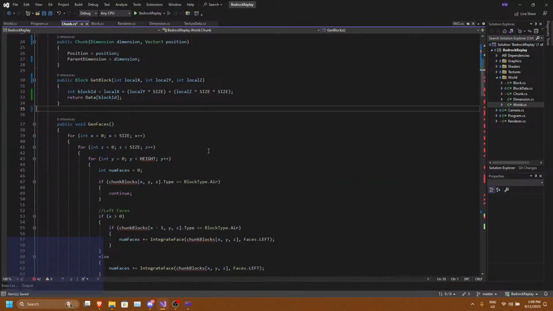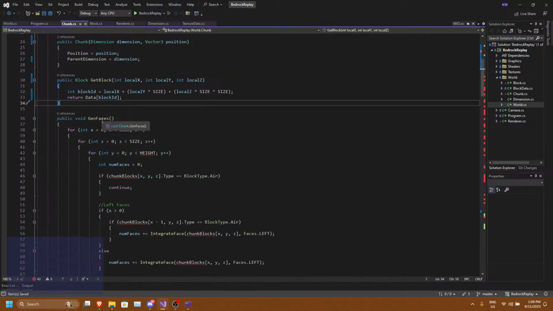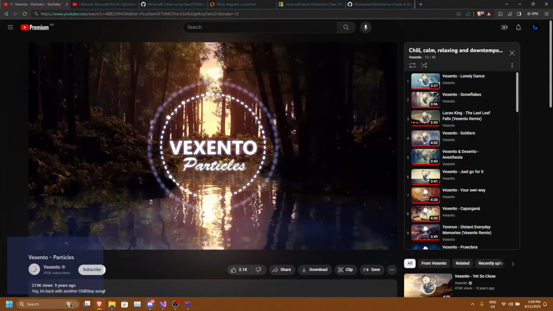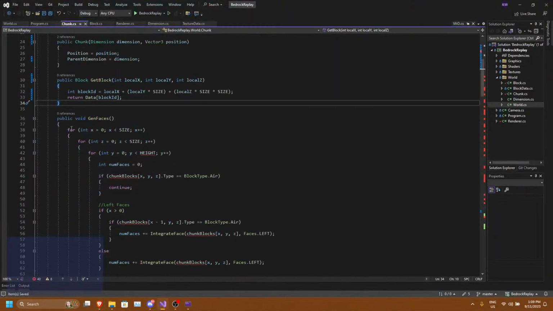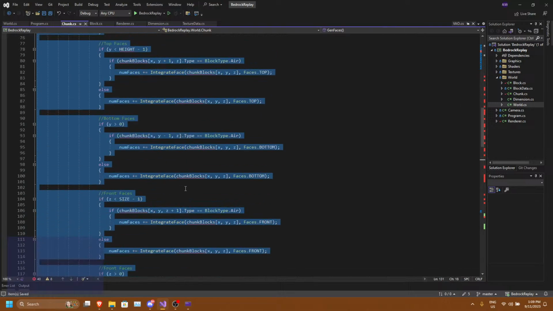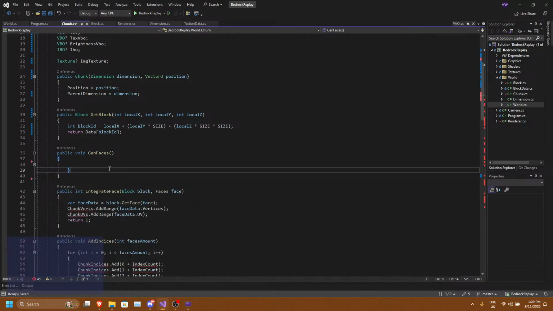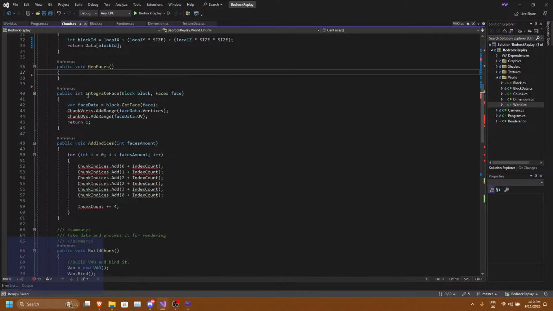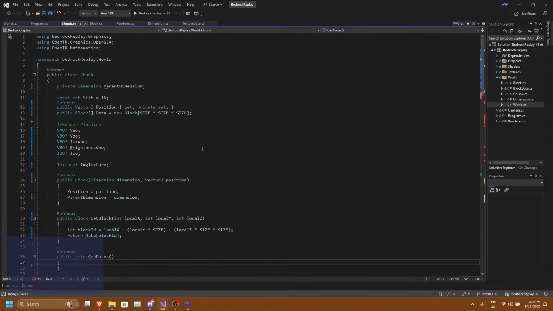Currently, I don't really want to generate any blocks right now. So gen faces. Okay, and we don't really need all of this at the moment. We still might need this. So that's our